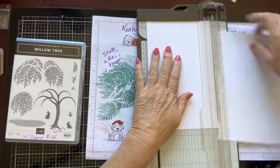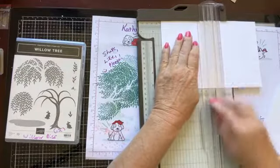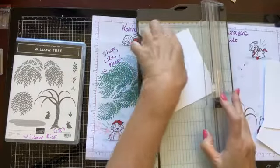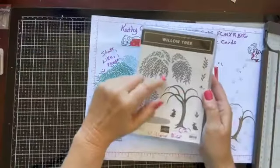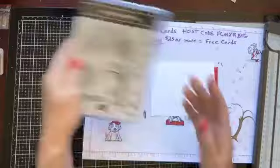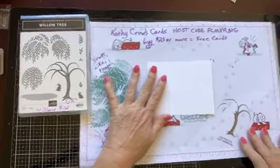I'm gonna just do 5.5 by 4 1/4 just to get us started here, and then I'll sponge a nice little background on the back. And since this is a tree, I don't really want a whole lot of blue behind this one. I'm gonna do more of a yellowish sky on this. All right, and